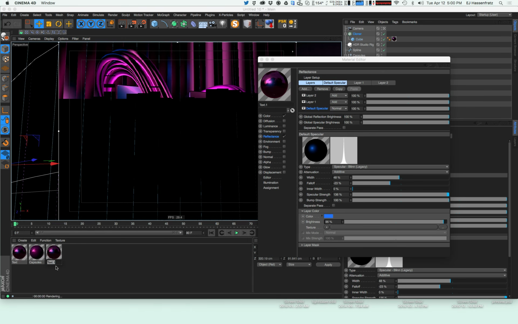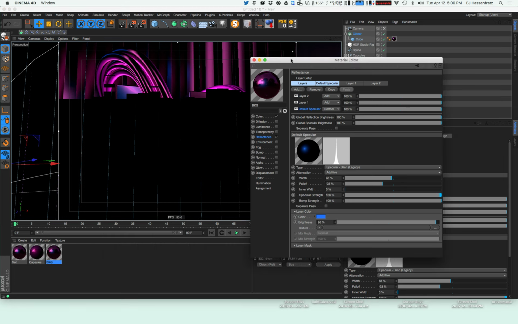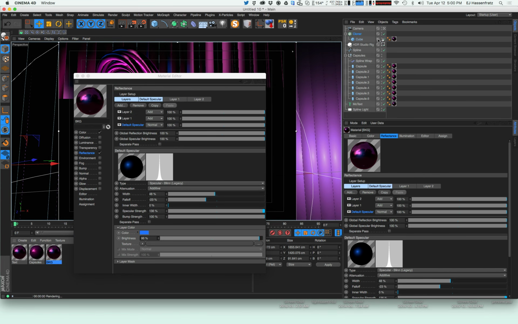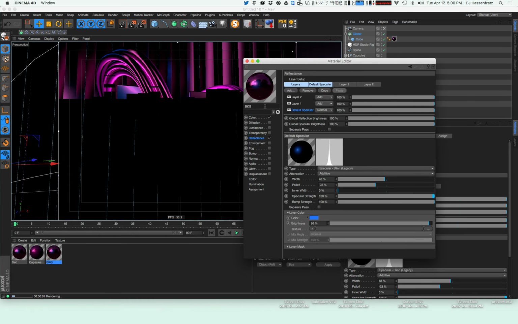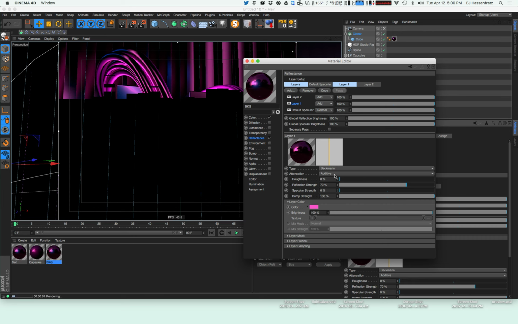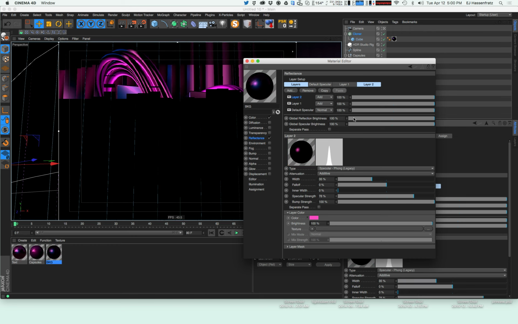So this will be our background. Let me just go ahead and put a new material on that. Number one, let's find a reflection and bring our reflection down. Our specular, let's make this pretty sharp and not as strong, and maybe even lighten this up a little bit. And then this specular we're going to bring down as well. So this is just going to be a very subtle